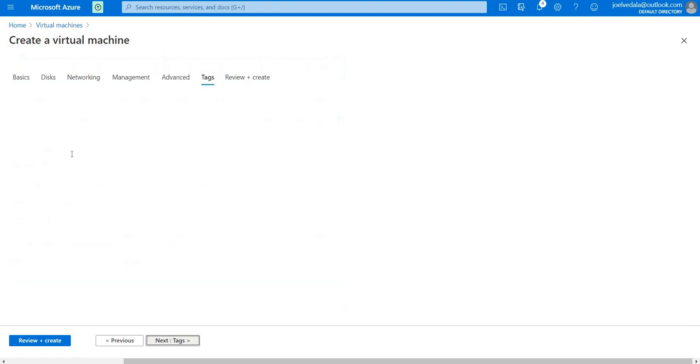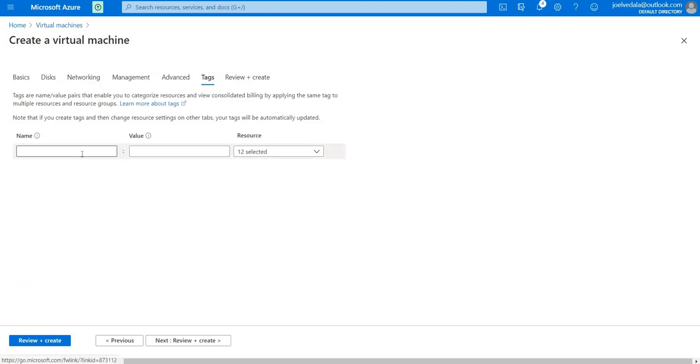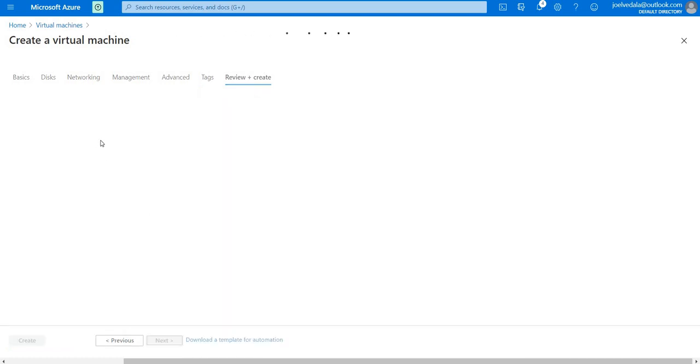And when you click on next, this is the place where you give the tags. So tags are used for cost management, and you can divide the resources and check what are available based on the company name. So tags are very important. Just give a tag name, and once it is done, you can click on next.